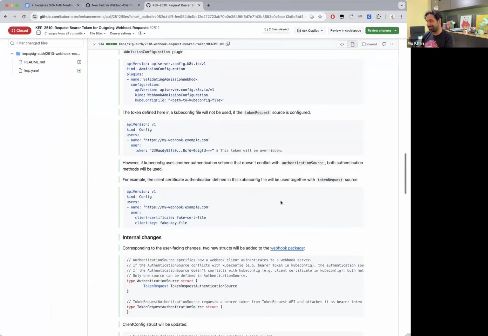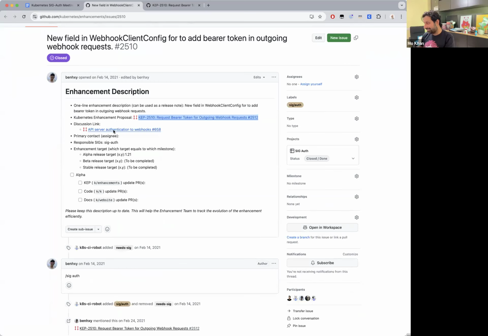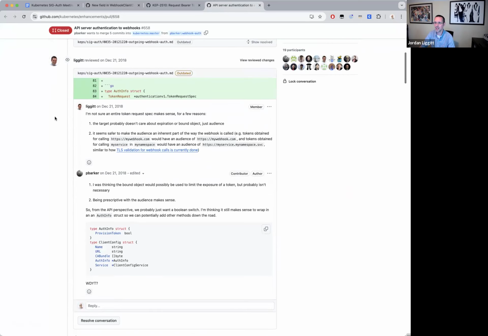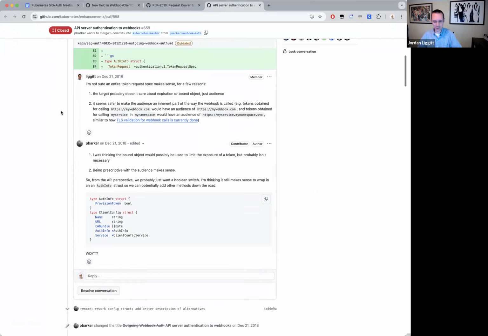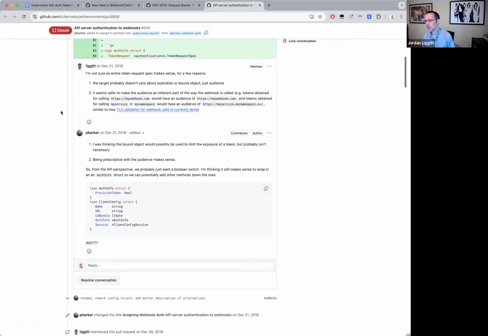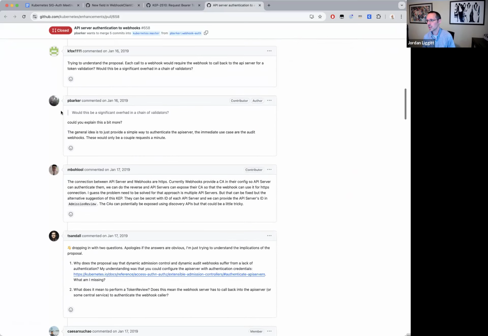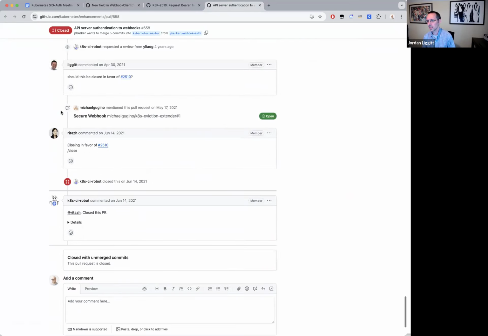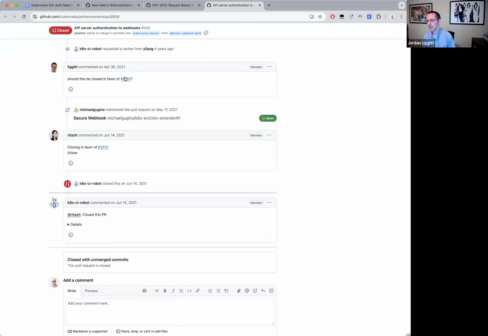Yeah. So 6 years ago, it would have rolled out to the ecosystem by now. I don't even know if we had the stuff in place for getting the discovery information to validate the tokens at that point. I don't think bound service account tokens with audience scoping was the thing yet. We had bound service account tokens, but they were done with token review stuff. So I don't know that I would want to force webhooks to use token review. It seems like they should be able to get keys and validate a token.